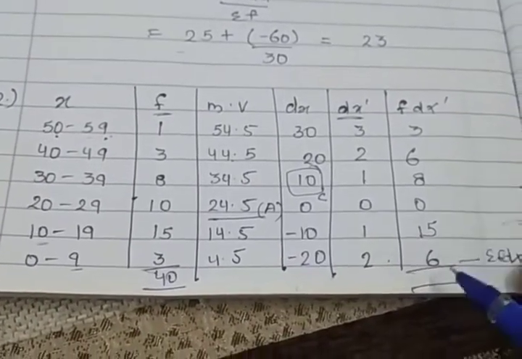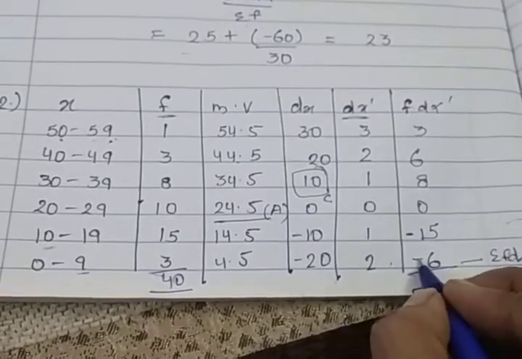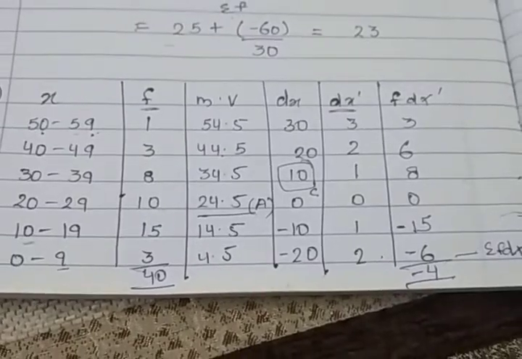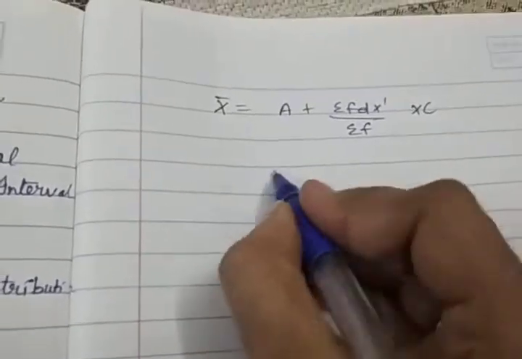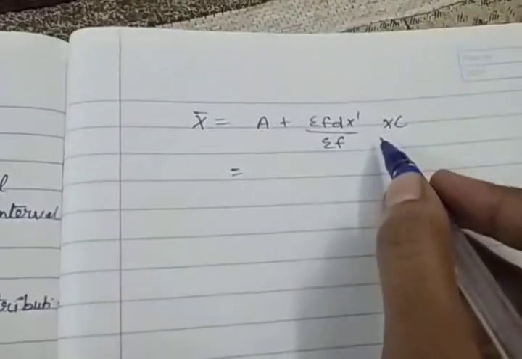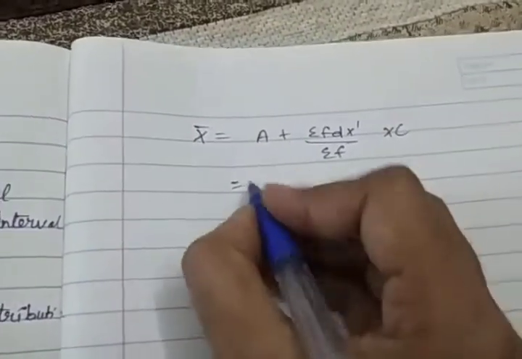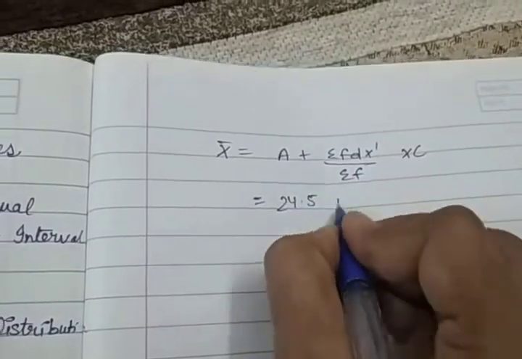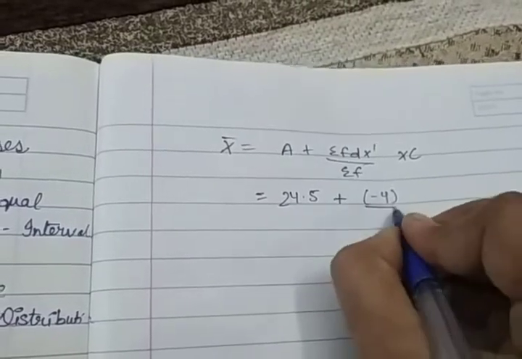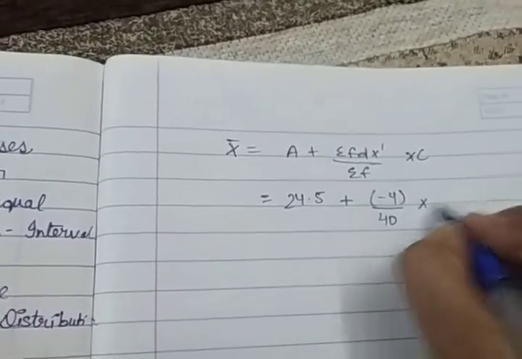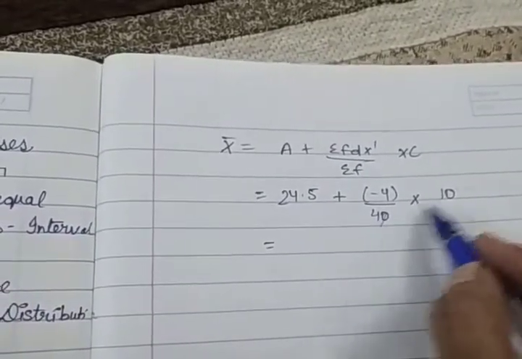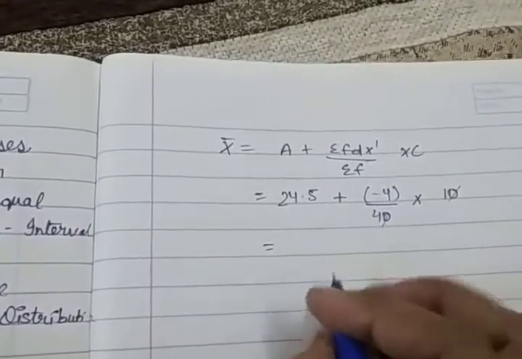Total of all these values, don't forget to put the minus value also, it's minus 4. Now the step deviation method formula: a plus summation f dx dash upon summation f, into c. A, the number which we have assumed, was 24.5, and summation f dx dash total was minus 4, upon frequency total 40, and the common number was 10. So after the calculation your answer will be